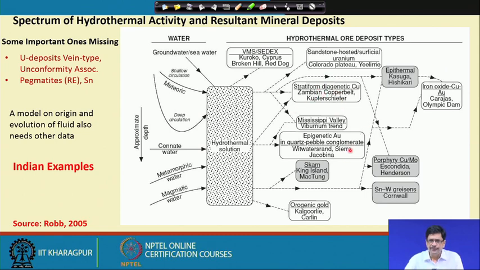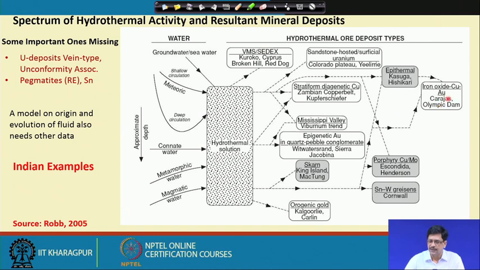And now, if you look at many such deposits which are characterized with their fluid characteristics, it is always observed that they do have identifiably multiple sources of fluid. For example, in the orogenic gold deposit, which is very well known to have resulted from metamorphogenic fluid in the greenstone terrains, they also do have fluid components which need to be ascribed to other sources, sometimes a magmatic source or a meteoric fluid. A meteoric fluid is a fluid which can percolate to greater depth and can interact with any other type of fluid to give rise to mineralization.